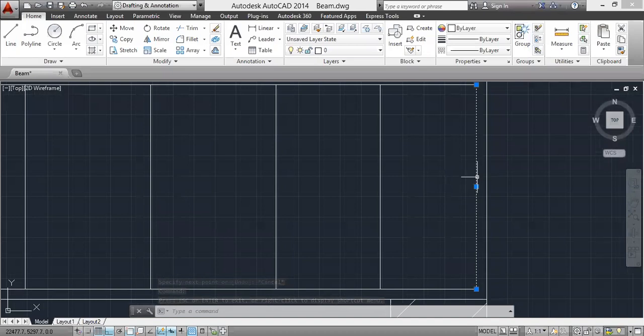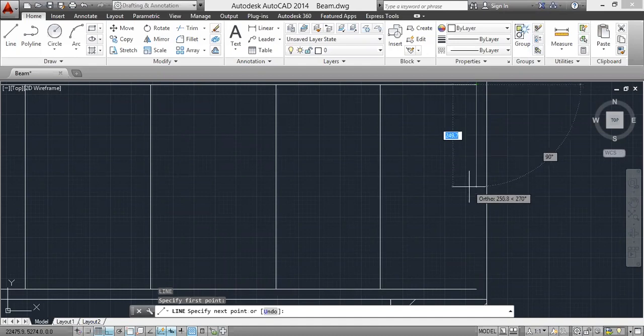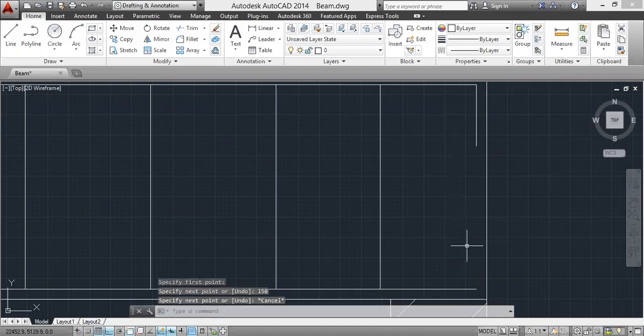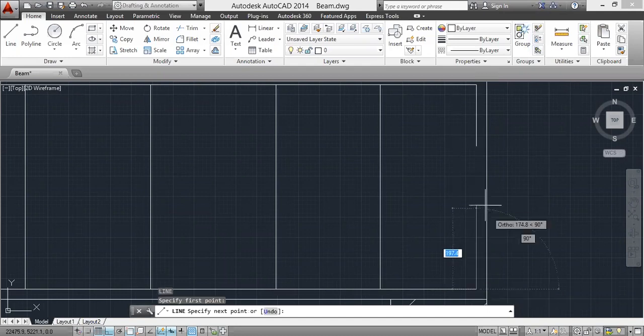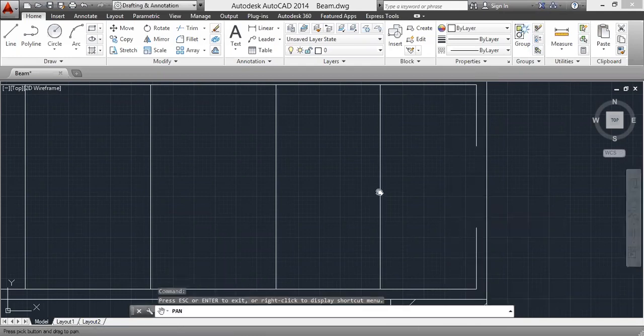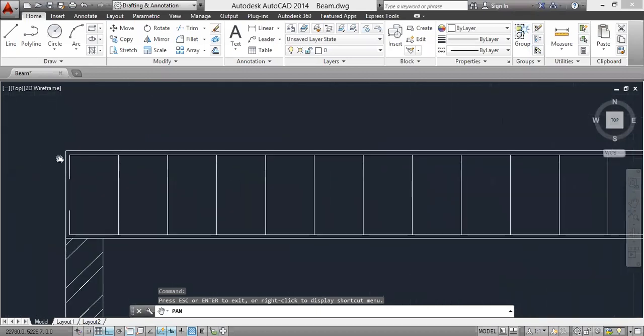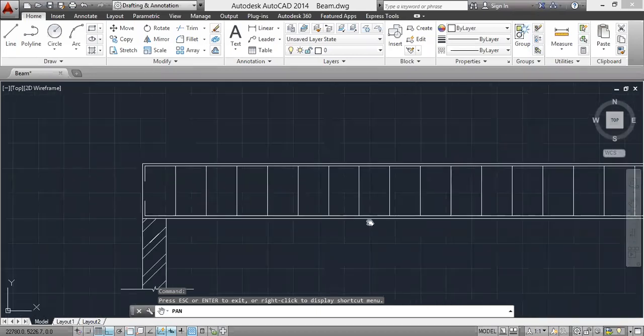Now delete this line and take L, enter, from here to 150 mm. Escape. Then L, enter, from here to 150 mm. Okay. I have changed here also 150 mm, 150 mm.